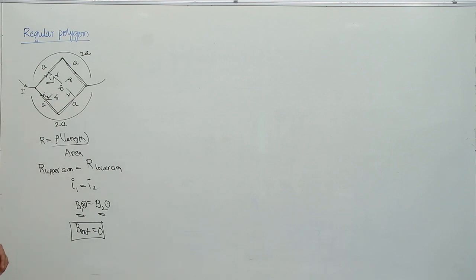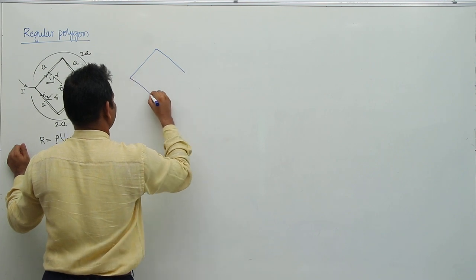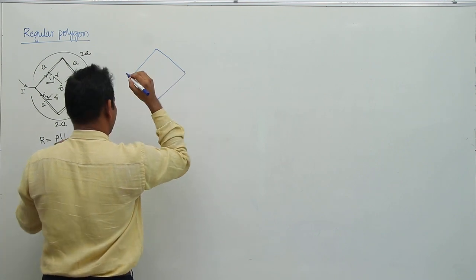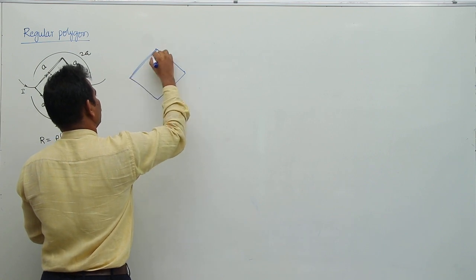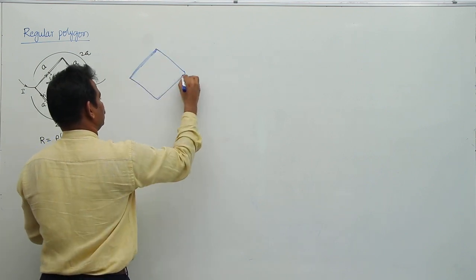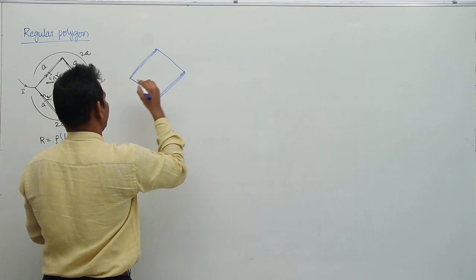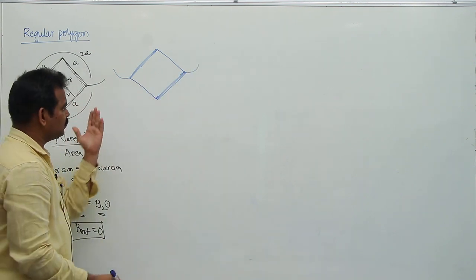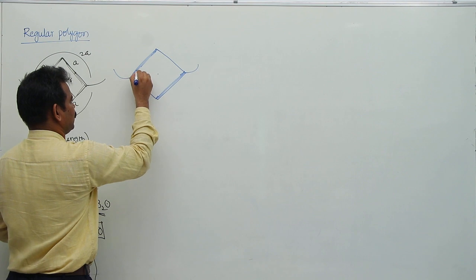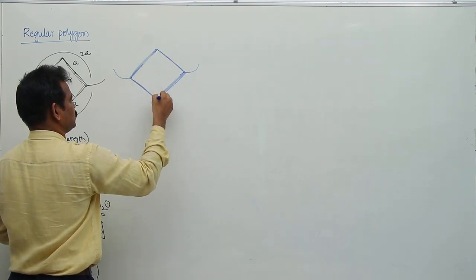Similarly, if you take one more square here like this, or a rhombus, what will be? Now, this is having more thickness than this part, and this is also having more thickness than this part. Now, if a battery is connected between these two, what is the magnetic field here? Here the thickness is more, here thickness is less. Here thickness is less, here thickness is more.